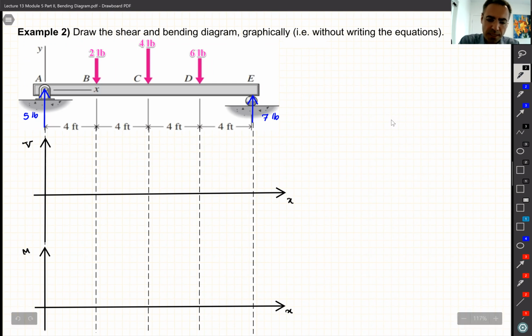So let's do it together and see if we can draw the V and M diagrams without actually writing any